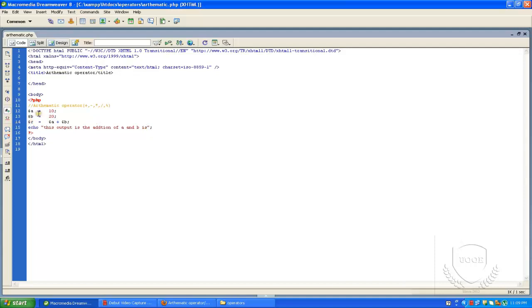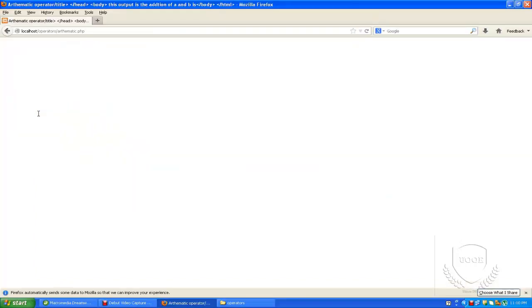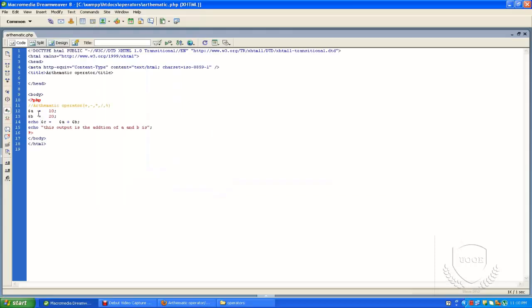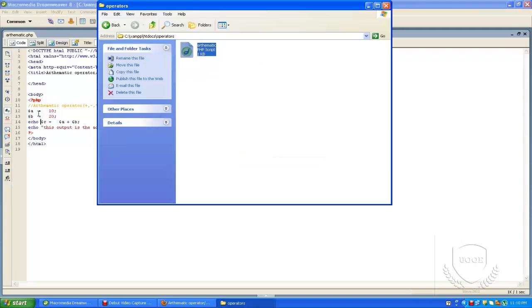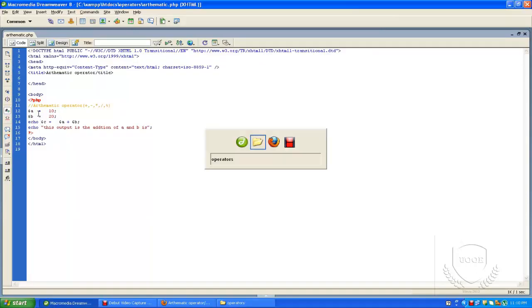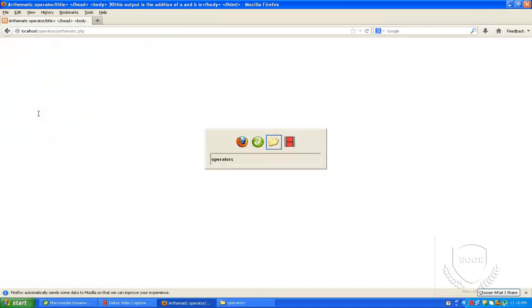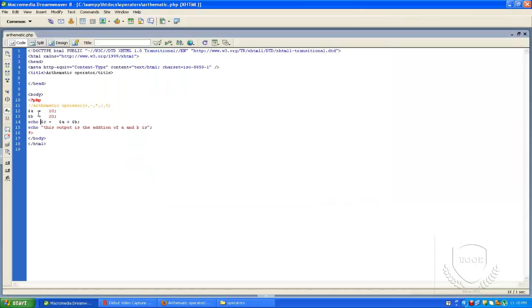Let me check. It has to print the statement with echo. Why is it not printing? Okay, here this title tag is not closed, that's the reason.